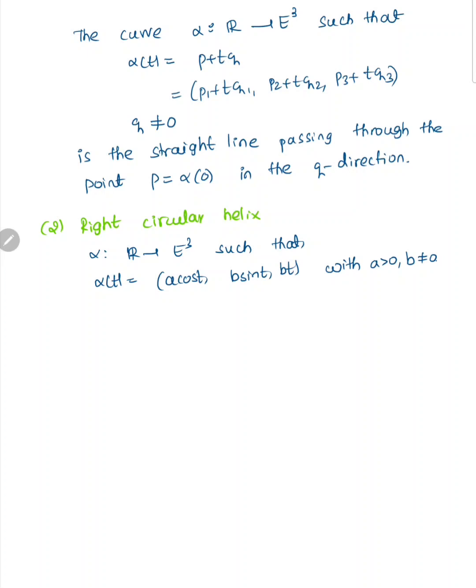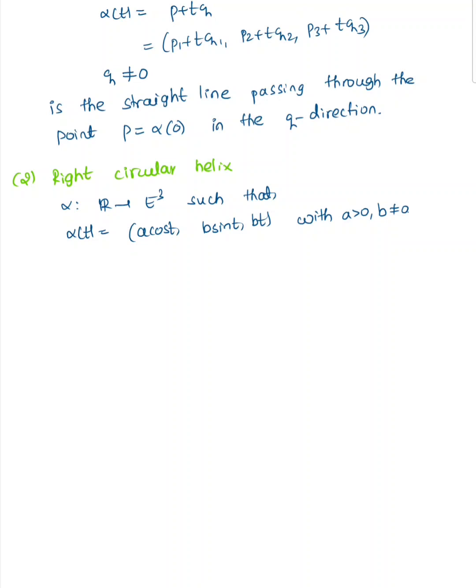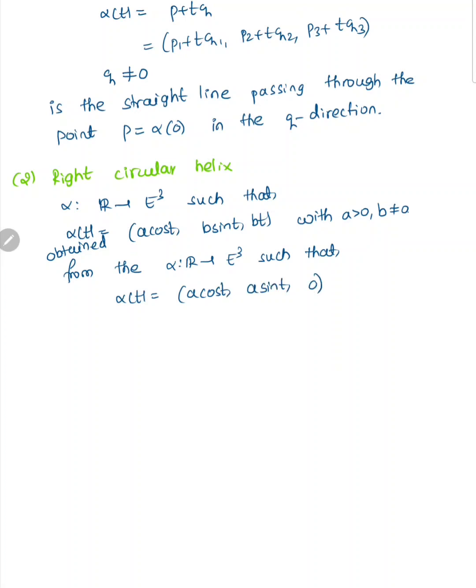This curve, which is a right circular helix, is obtained from a curve alpha from R to E3 such that alpha of t equal to a cos t, a sin t, 0,